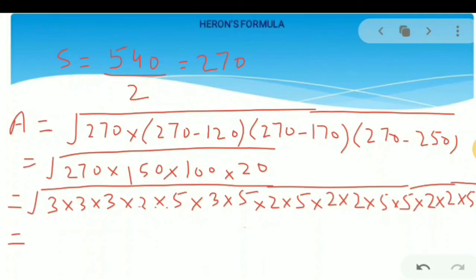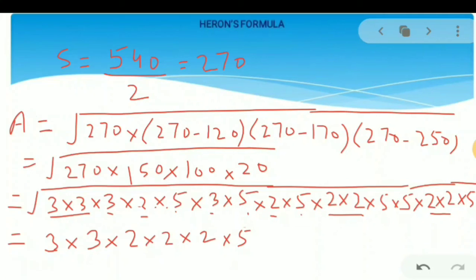Now let me make pairs of 2, 2. For 3, one pair is this, so it will come out. For this 3 we have another 3 here, so this will come out. Now for this 2 we have this 2, it will come out. Then one pair of 2 here, it will come out. One pair of 2 here, it will come out. Now let me go for 5. One 5 is there, one 5 is there, so one pair out. Another pair out. Then one more 5 pair out. So we have factorized and taken the pairs out.